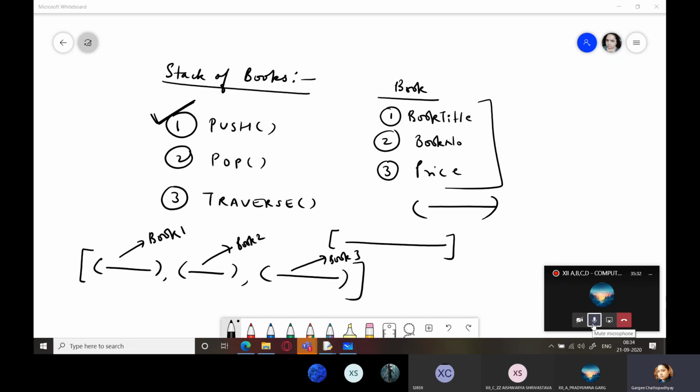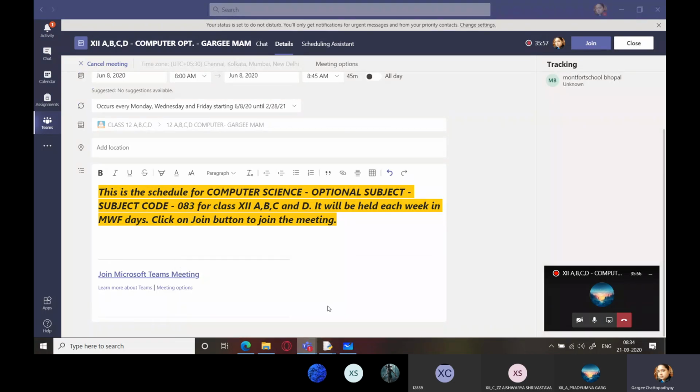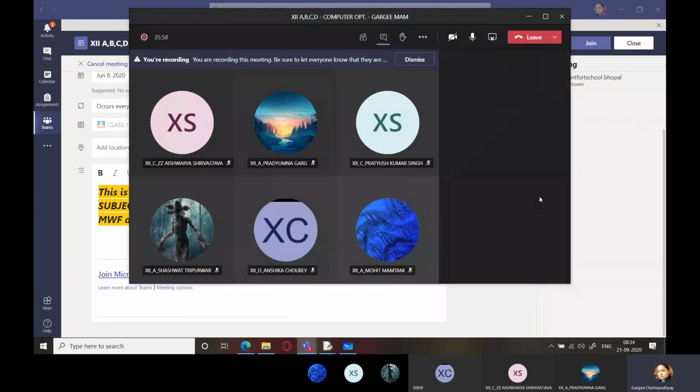Okay, Aishwarya, send me. Let me check. Plus equal to item. Okay, yes, it will work. Return top. Okay, fine. Very good. Her answer is correct. And I want to see the others also. Let me just check the chat box.